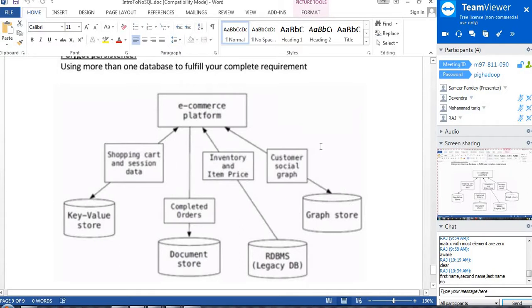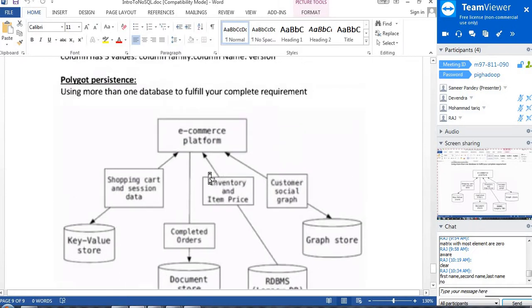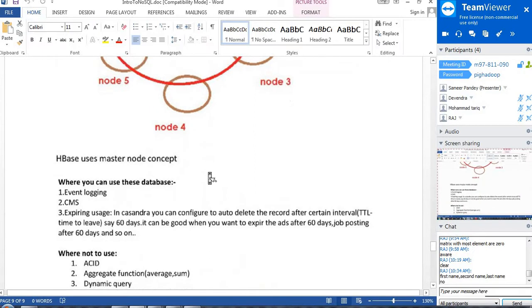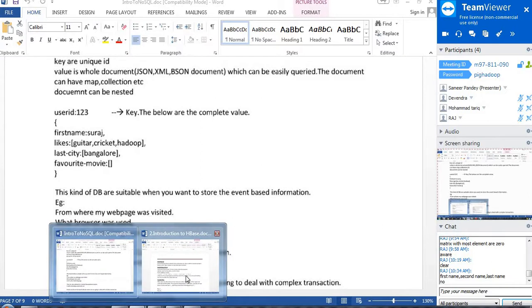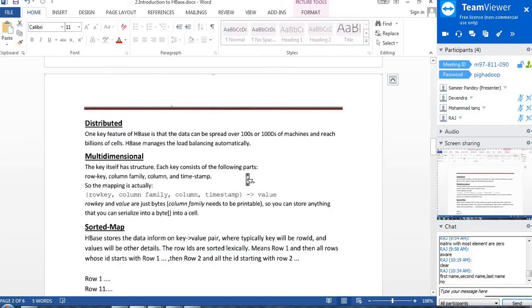So I'm not saying that HBASE is sufficient for doing every different thing, but HBASE can handle a single scenario, a single test case, where your performance will be highly optimized. So we can use different types of databases in a single platform. Okay, so let's take a break, and then we can discuss in more detail the introduction to HBASE.